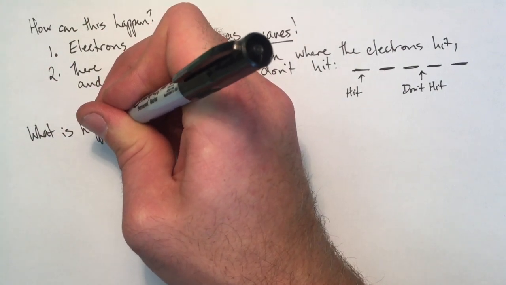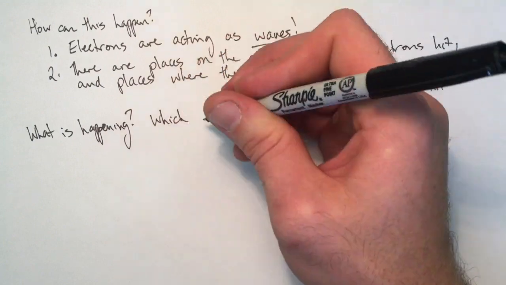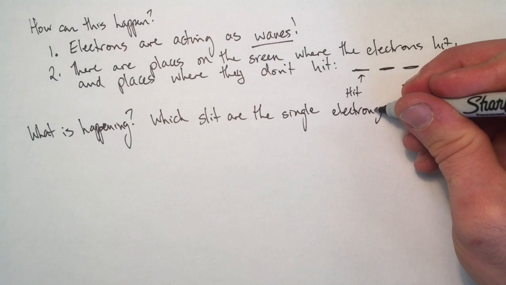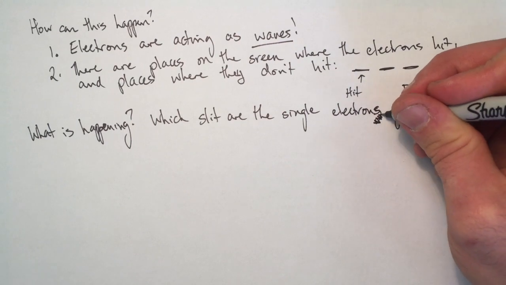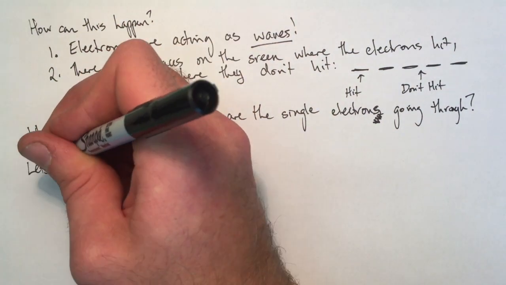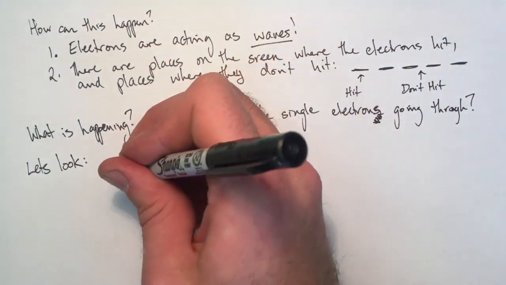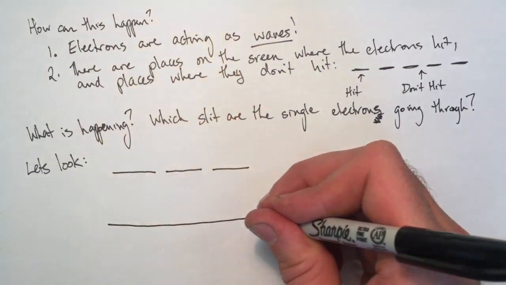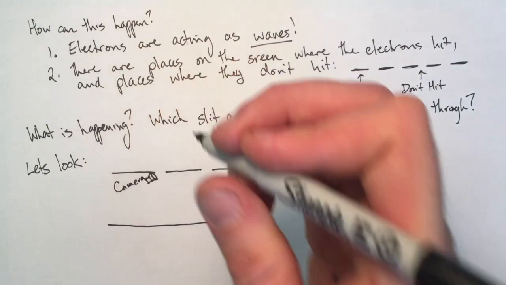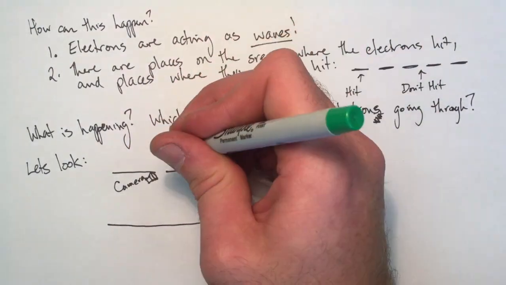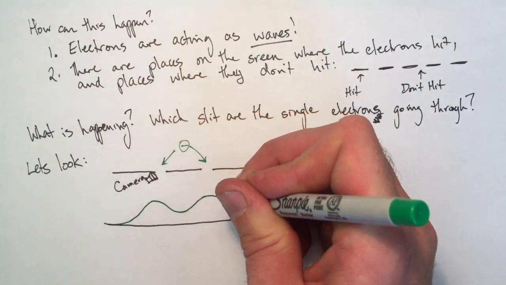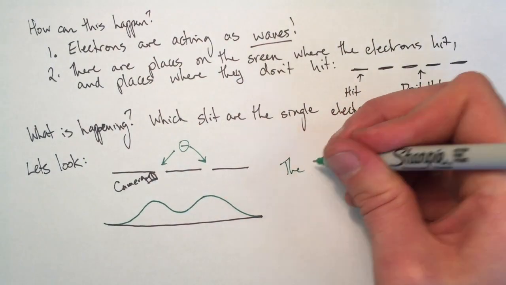So back then, we tried to solve this problem. We wanted to ask what is happening. If we're sending through single electrons one at a time, which slit are they going through? So scientists decided to try and look. They put a camera beside one of the holes. If an electron went through and it was notified by or seen by the camera, we know it went through that slit. But if it wasn't, we know it should have gone through the other slit. When we try and peek, all of a sudden the electron goes back to acting as a particle, and we get two piles of them on our screen.